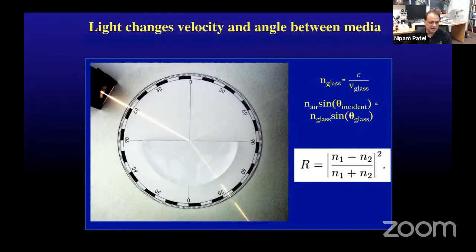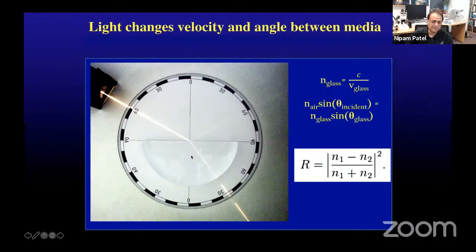So this is just a beam of light shining down onto a piece of glass. And this just illustrates one of those important parameters that goes on. When light hits a material of a different refractive index, so something that light is going to travel at a different speed at, like glass in this case, there's always a reflection at that surface of refractive index change. So you're seeing that some of that light is reflected, and you can calculate the amount of reflection based on the relative refractive index of the two materials.